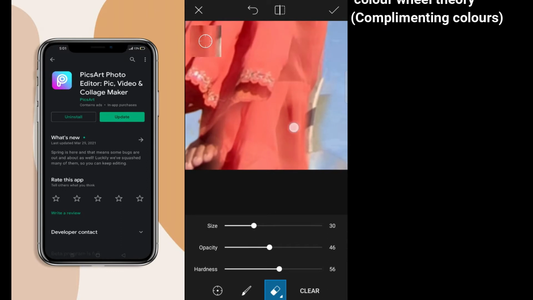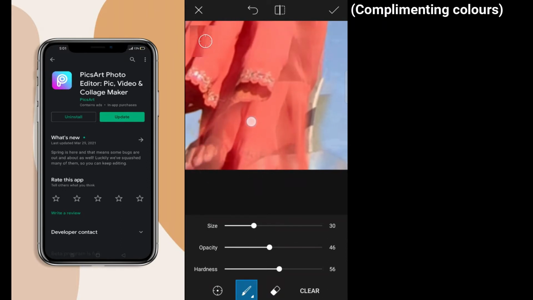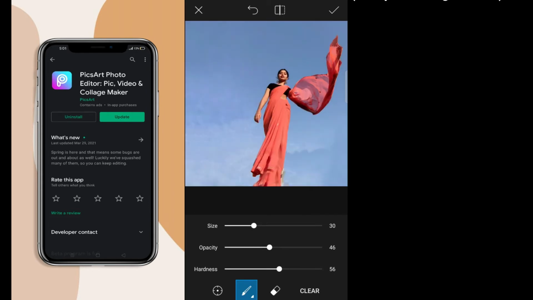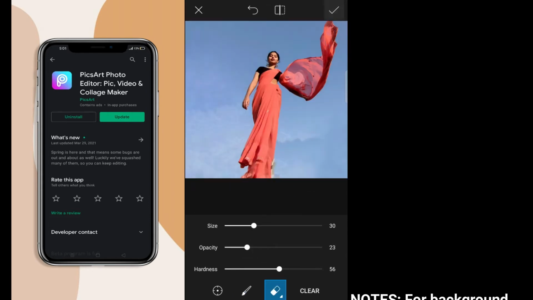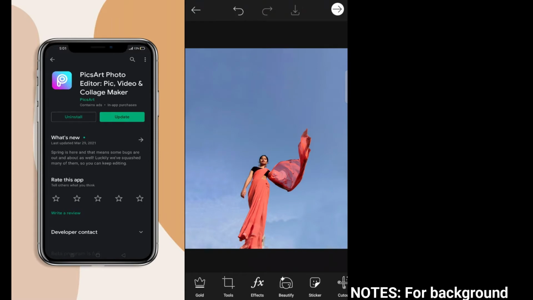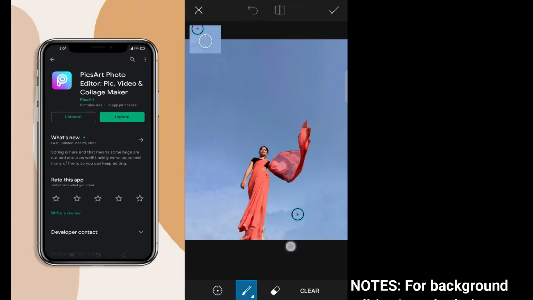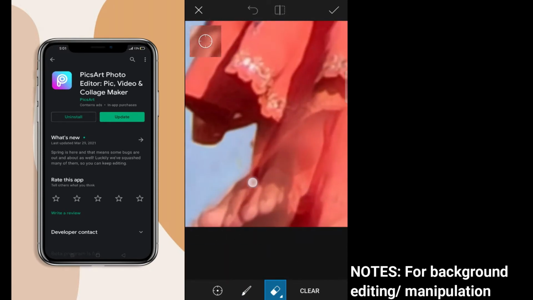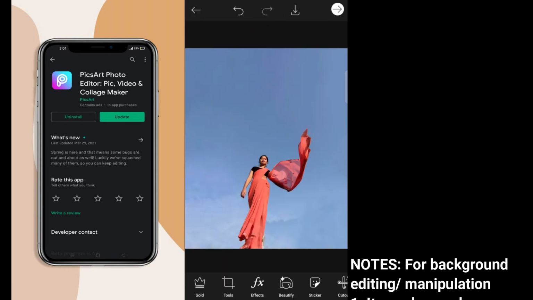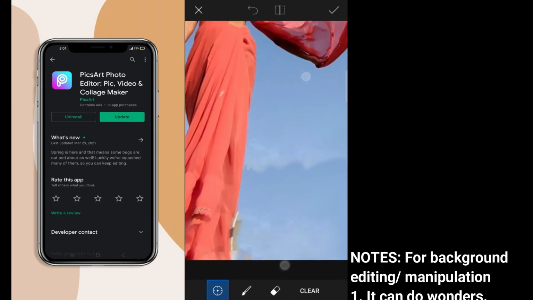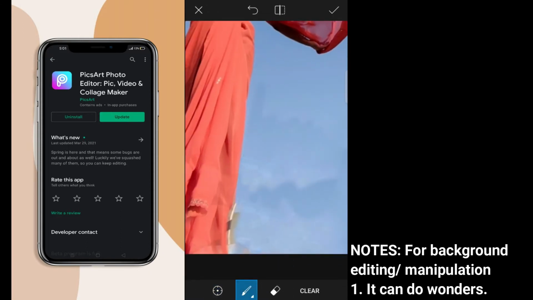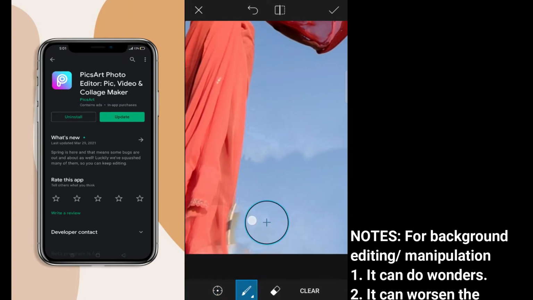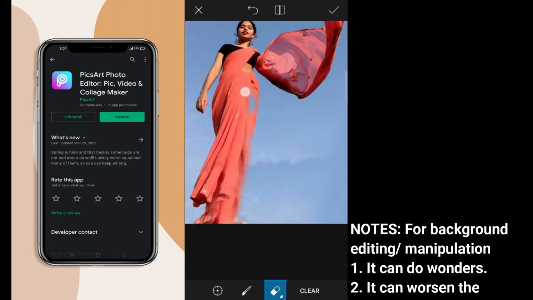Now I have reduced the opacity and just trying to see. Here now it's going for the orange color, but I think it's absolutely fine. It's orange, so that is why I have done this. Now I have this orange color, and I think I can just change the perspective or something so it would look better. With that said, this is what I got. I have saved a copy. I keep saving copies, and this is one of the tips which I would like to give, if you want to go into editing and if you want to learn something new.